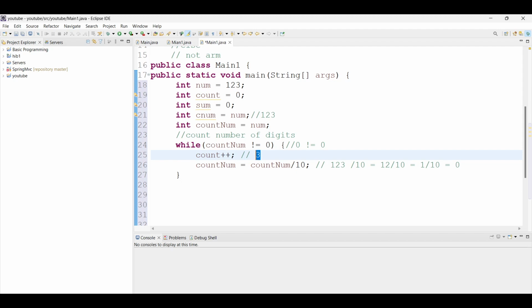So here you can also see in my variables 1 2 3. In the variable we have 3 digits, so in the count variable we store 3. So this is all about how to calculate the count, the number of digits available in the particular variable. After then what we do,